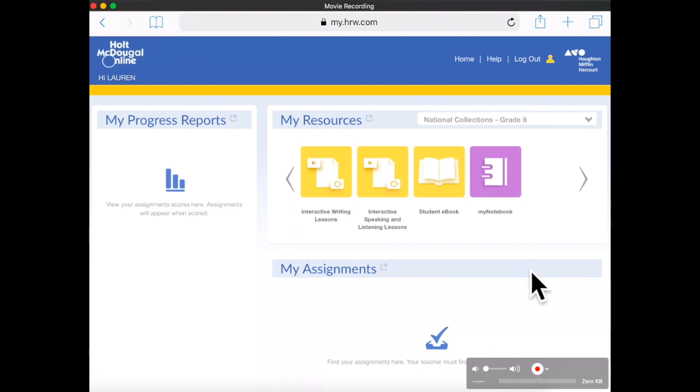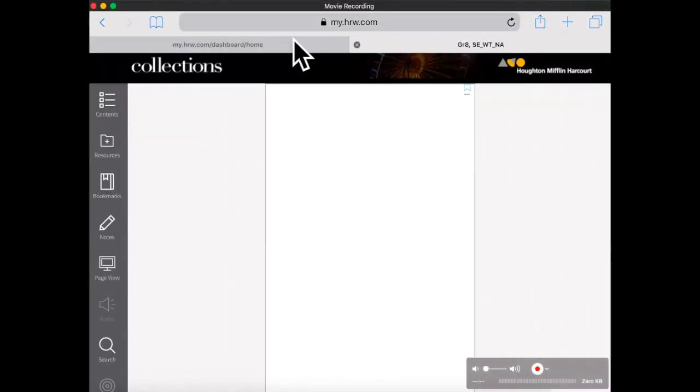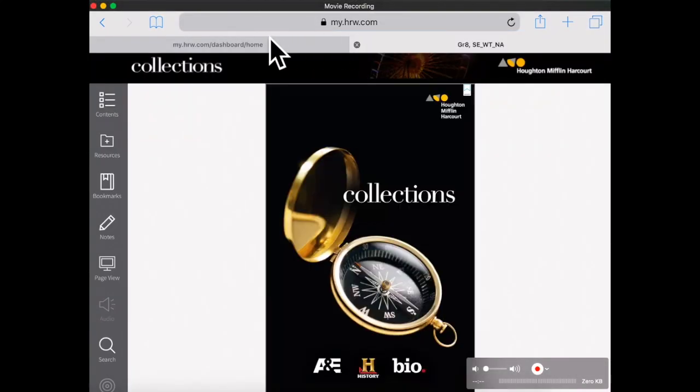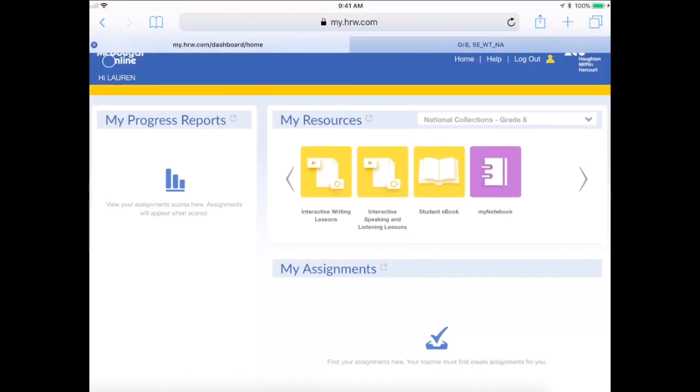login. So now you're looking at this page where you have your resources. There's a button there for additional help if you need that. It should say the student's current grade there, so grade 8 is what we're looking at. And then to get to the textbook, you'll click on Student eBook, and it will pop up like this. It is in a separate tab, so to get back to that first page, you can click back on the